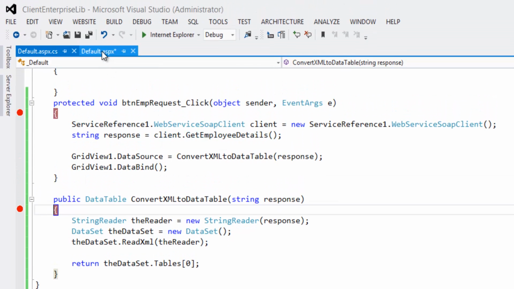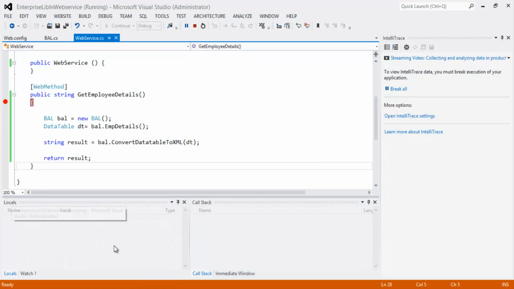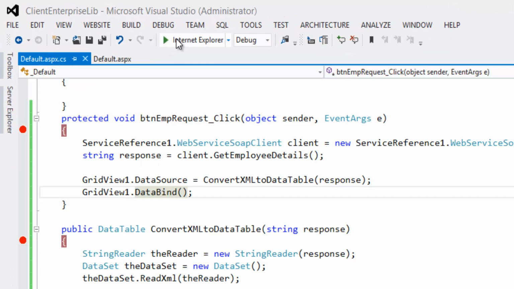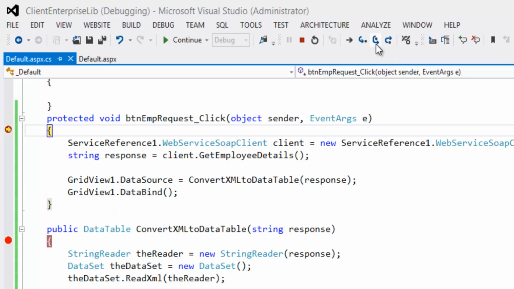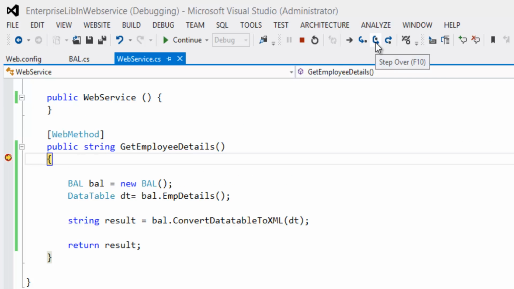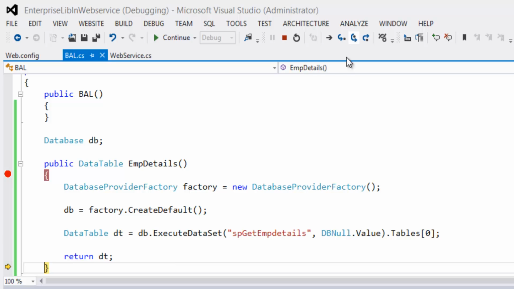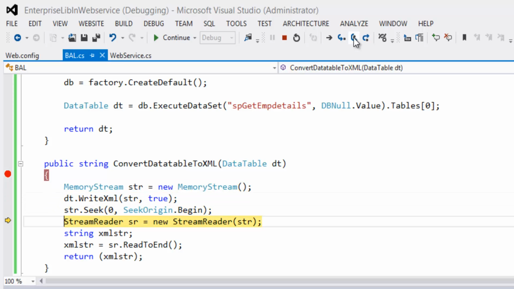Now let's run the project. This is the client application. Let's run the project now. Click on OK button. Click on this Get Employees button. So it goes to the web service, connects to the database and gets the employee details and converts as a string, XML string,